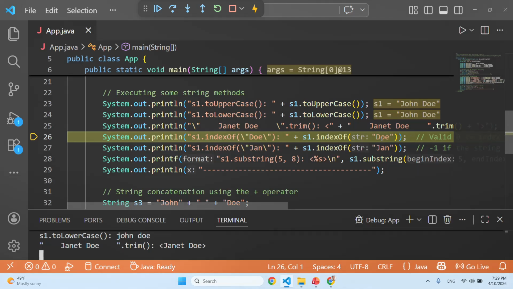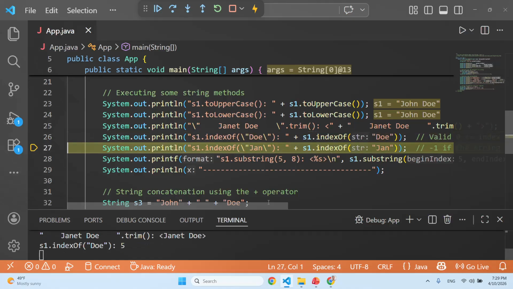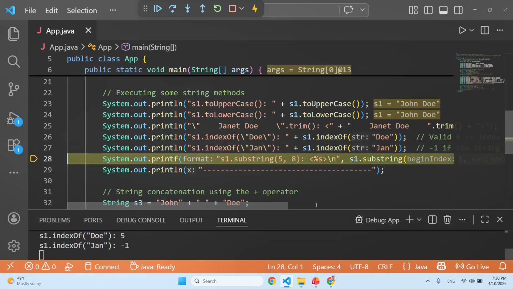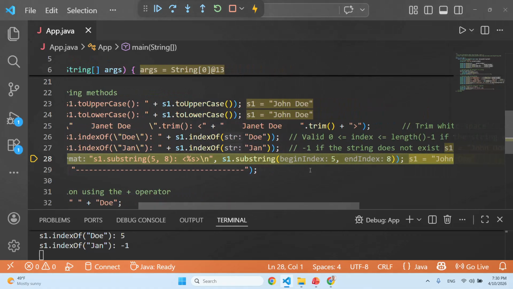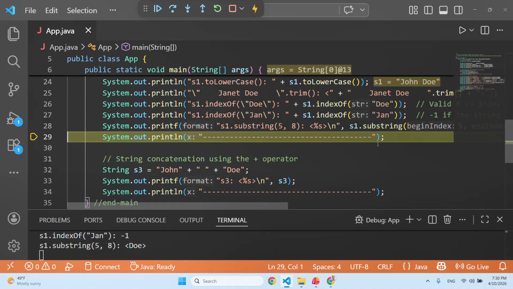indexOf, so what is the index of the substring Doe? It should be 5. And what is the index of substring Jan? It doesn't exist, so that means it's going to return -1. Finally, substring works very similar to C++ substr, except that the second argument is not the length, but the last index, where the last index is not included in the substring. So in this example, substring will give you characters starting at index 5, ending index is 8, which is not included in the substring. So we will get the characters at indices 5, 6, and 7,